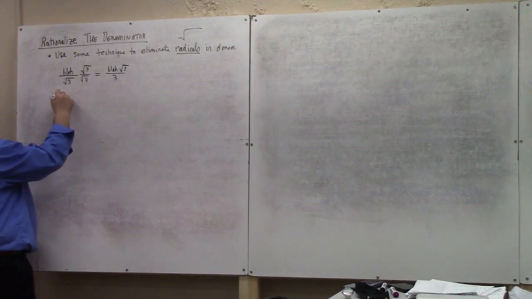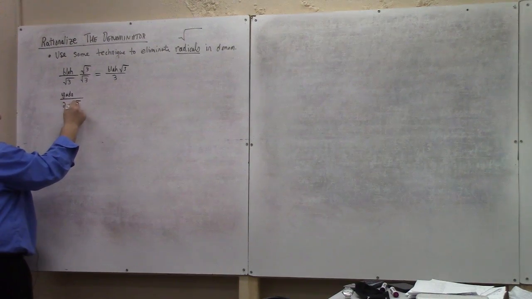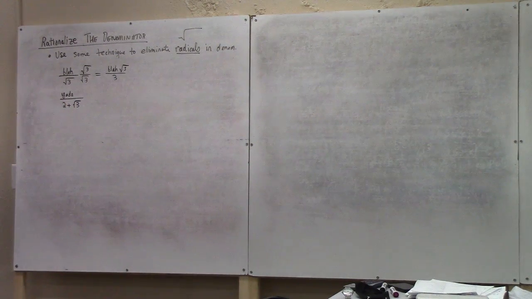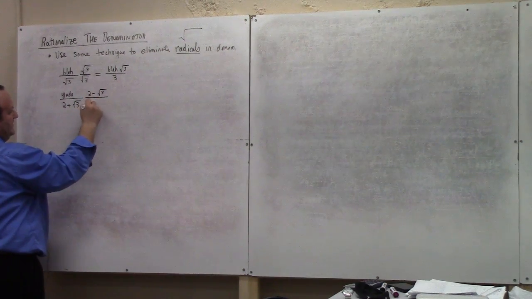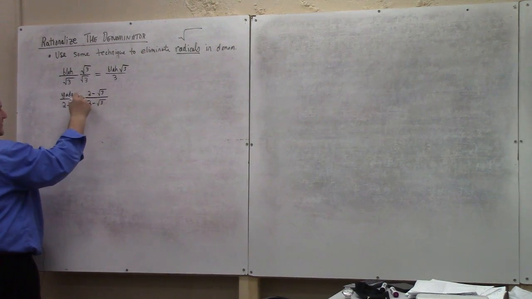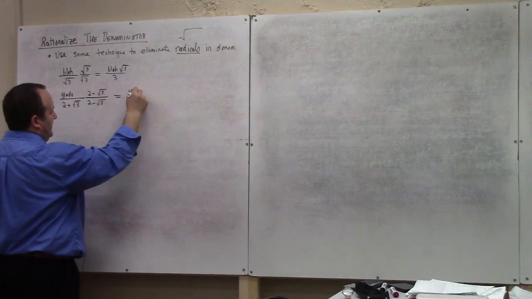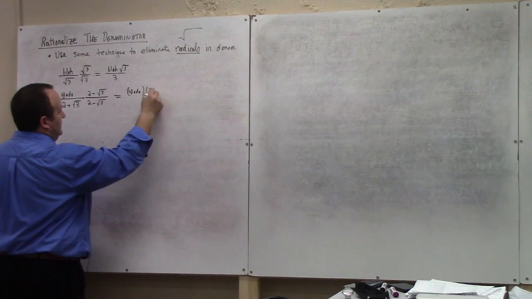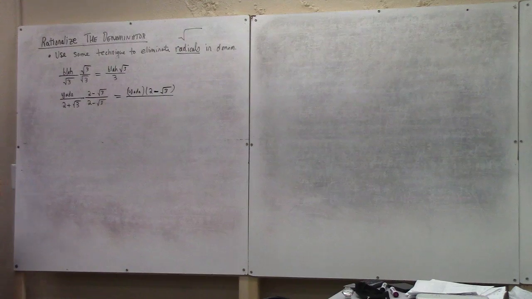Another example, you might have yada over 2 plus root 3. Then what do you do? If you have this pattern, what you do is multiply by 2 minus root 3 over 2 minus root 3. Like that. And that's again just multiplying by 1, right? But what happens then is you get whatever is upstairs, I just called it yada for the sake of discussion, times 2 minus root 3. And downstairs,